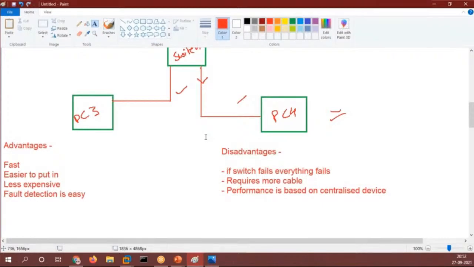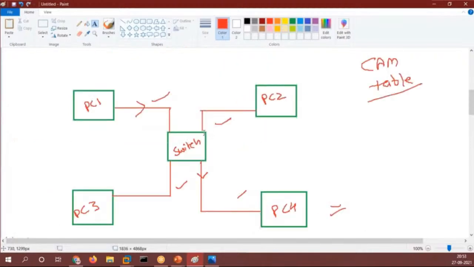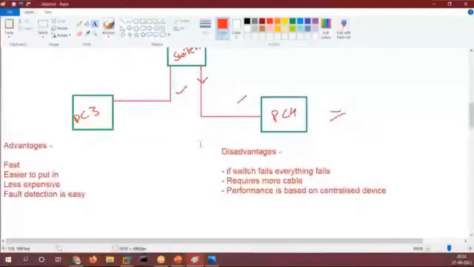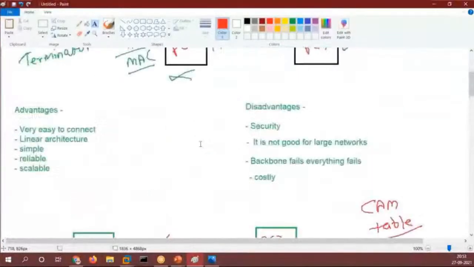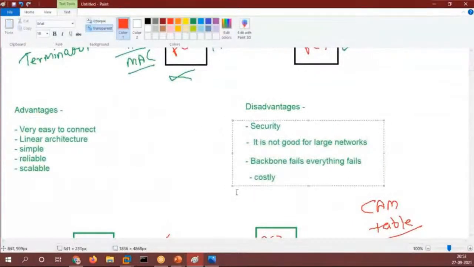Yeah, it's a little bit costly. Muhammad Abdul Rakib, that is a bit costly. Now security is a disadvantage in your bus topology, Mr. Afan.